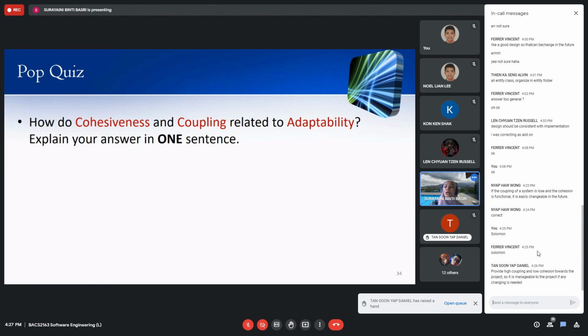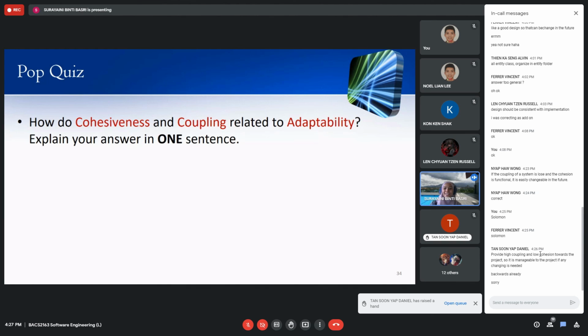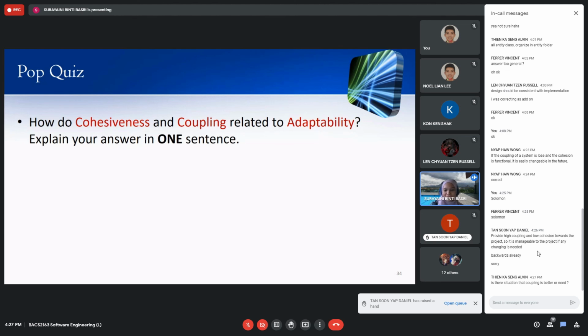So the level that has high cohesion is functional cohesion. Yeah, backward already, so it's okay. So you remember after this. Okay, so remember,